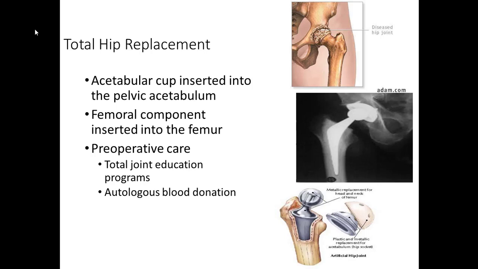So, anyways, total hip replacement. You can see the picture down at the bottom. They basically drill a hole into the femur and insert this. Basically, it's the same thing as the femur, the ball, and into the neck on the femur. And then in the hip joint, the hip socket, they have a little cup. So that metal ball fits right into that metal cup. And that's how they do the total hip replacement.